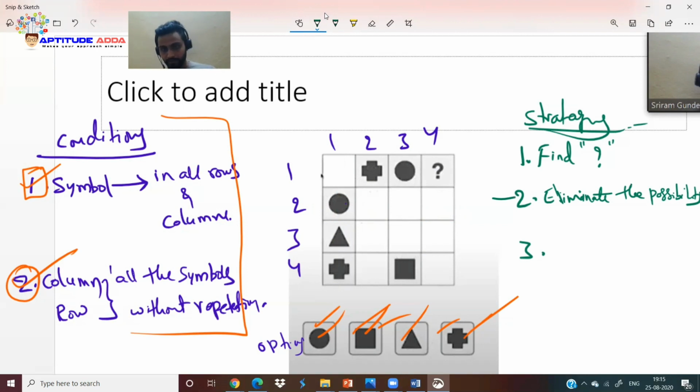How to do this process? Now, how to do this second step? Just look at the row or column where we have the question mark. So here is our question mark. So the first row and last column are our required row and column. Whatever the symbol you have in this required column, you can eliminate those. Of course, we don't have any symbol in this column, but look at this row. We already have a plus and a dot. In fact, these will not repeat in the same row, so that is the reason you can eliminate the two, the plus and the dot, directly.